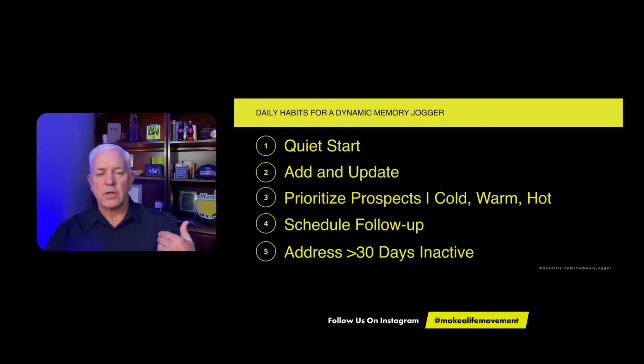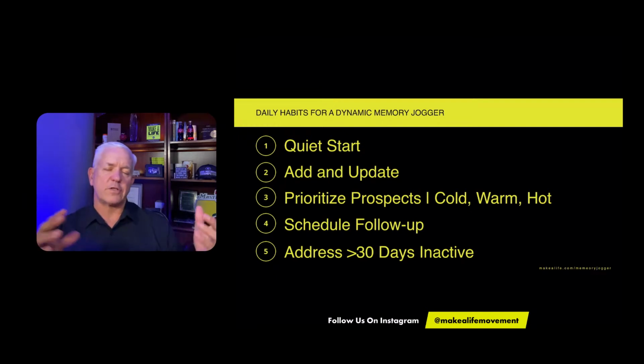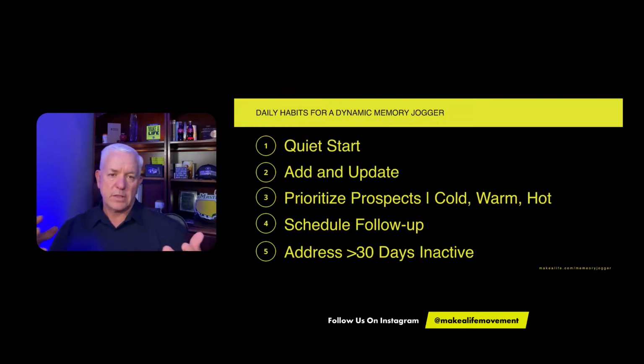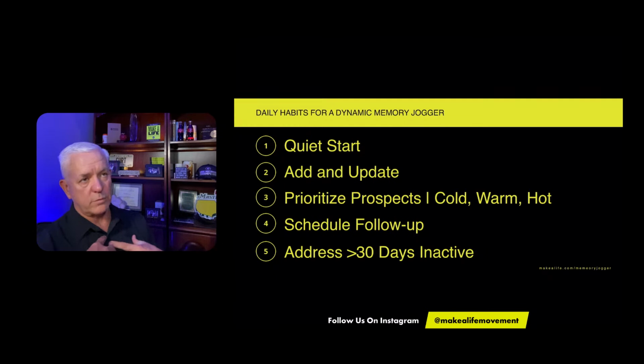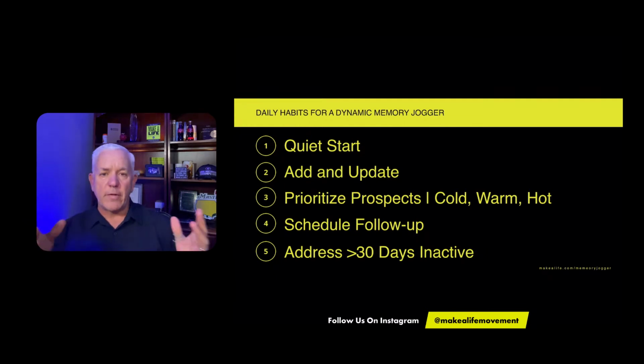Now, one of the most amazing things is that on this memory jogger, there is a column for next step. When you go over this memory jogger and share it with your upline, your mentor, you begin to go over this list, at least through the first 35, 40, or 50 names. You're going to talk to them. Let's say I'm on the phone with you and your name's Jane. Jane, tell me about this first name on your list. Tell me about Johnny.